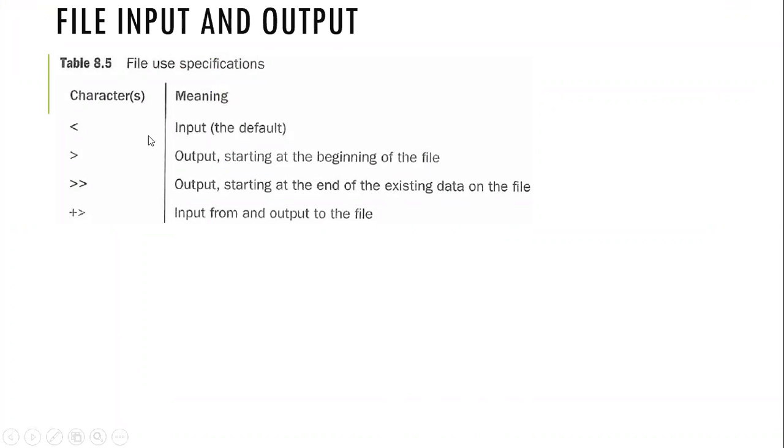The lesser than symbol is the default one, that is nothing but the read, and the greater than symbol is nothing but the write, and double greater than symbol is for appending the file, plus read is nothing but input from and output to the other files. Okay,